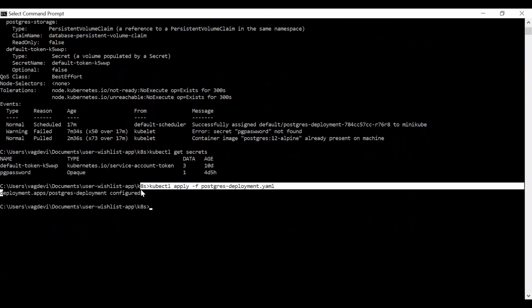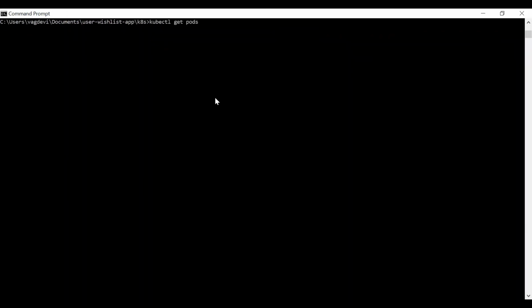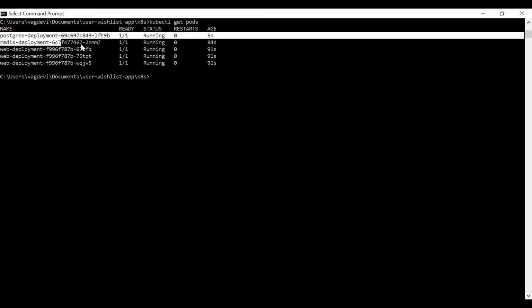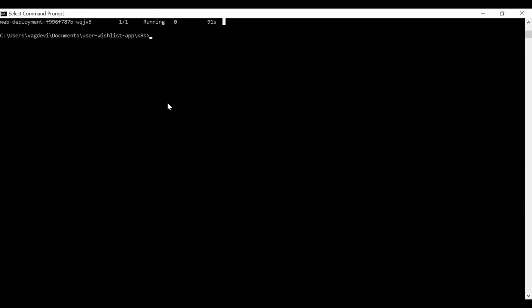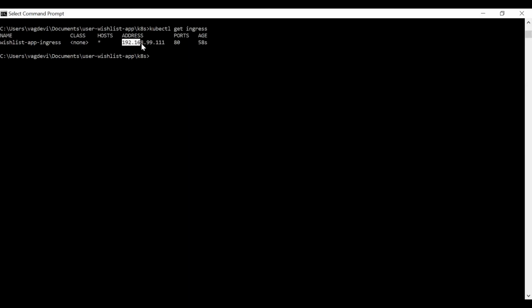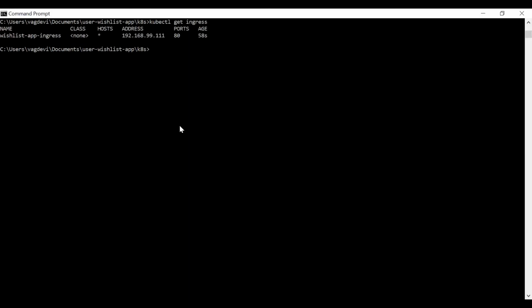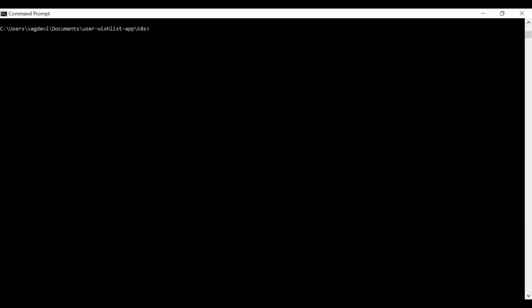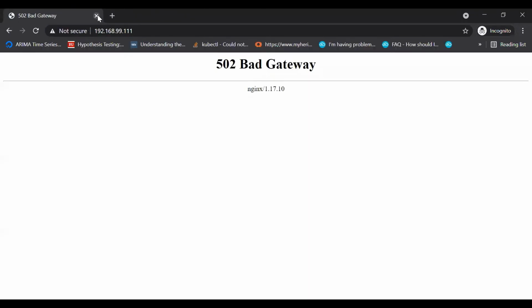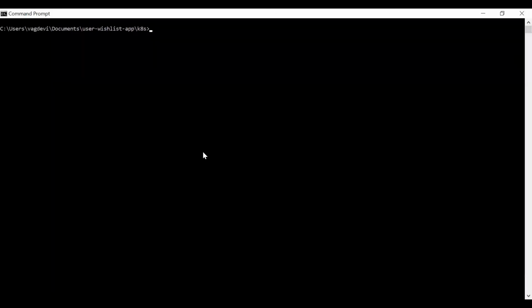So it's configured now. Now let us see if all the pods are okay. All right, so it shows it's running now, right? So now let us again go to get ingress, kubectl get ingress, so that we can get this. All right, and now let us go to the incognito mode and try with this. Still we get some error. So let us try to get what is the mistake and let us try to fix that.